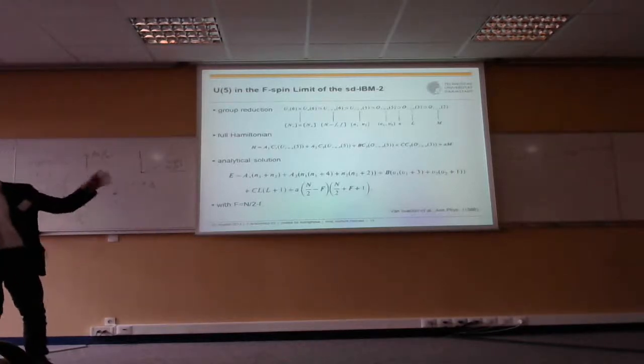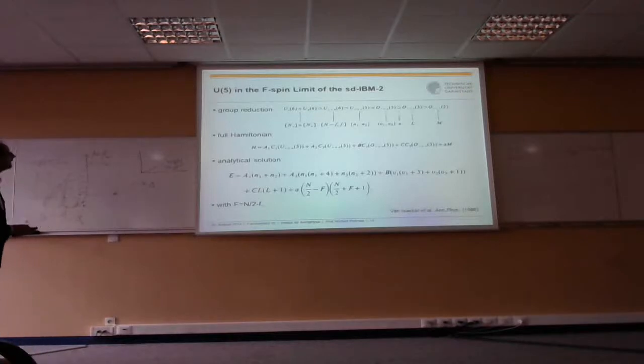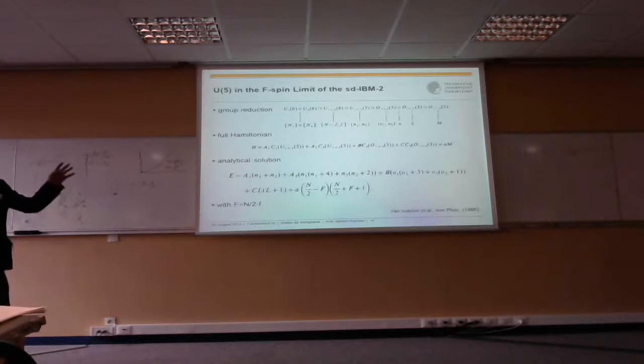So where the F square operator commutes with F. That is the restriction. And then these groups U_nu(6), so neutron U(6) times proton U(6), reduces to a proton-neutron U(6), and then you can have the U5 chain U5, O5, O3. So in that limit, you can diagonalize the Hamiltonian, you can write it as a series of Casimir operators that occur in this chain that you have discussed at length yesterday in the lecture of Professor Jolie, and you obtain an analytic solution